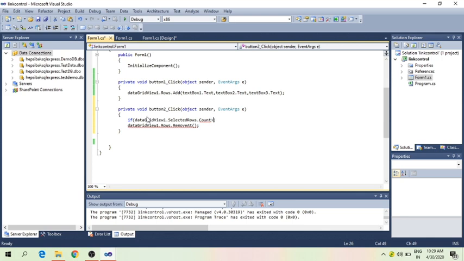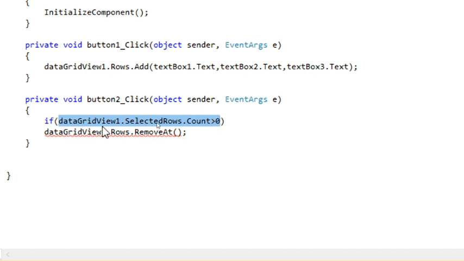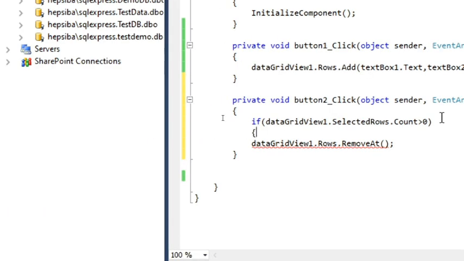Yes, it's there, count of it, and let's check if it is greater than 0. Okay, this is what we have to give: select data grid view dot select rows dot count greater than 0. If this is there, then we will select.